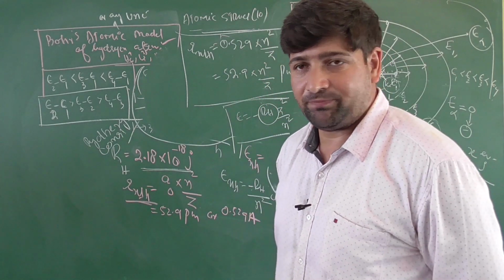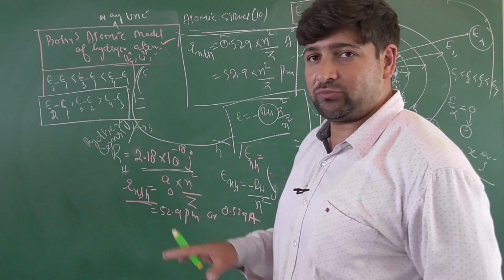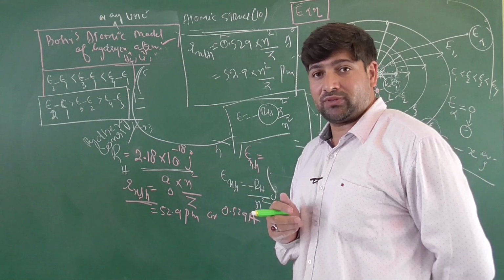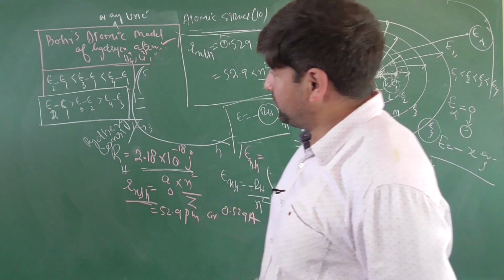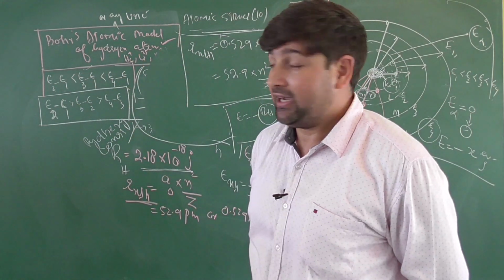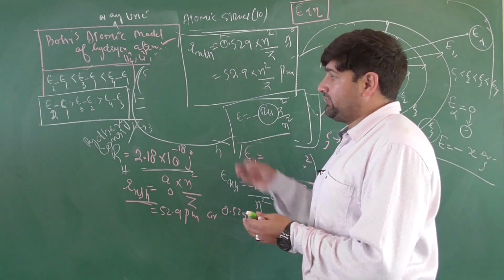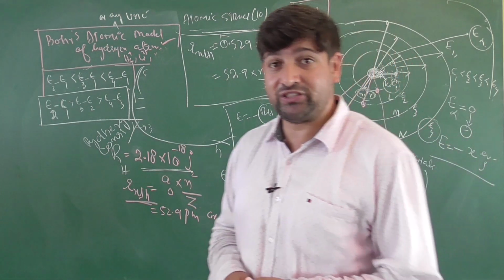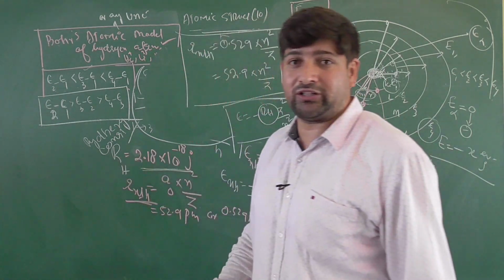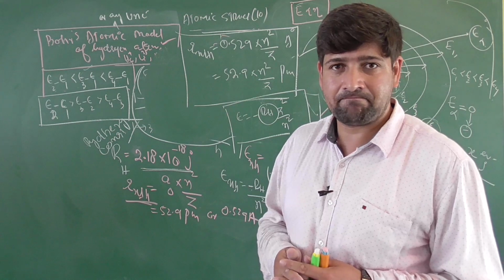Am I clear with Bohr's model of an atom? Whatever I have done so far, I have given you the general mathematical formulations. In our next discussion, we'll start with the full-fledged clearance of graphs with respect to energy and n, energy and Z, and we will prove mathematically that E2 minus E1 is greater than E3 minus E2 for atoms like hydrogen. Then we will move into the line emission spectrum of the hydrogen atom, wherein we will find out the equations with respect to wavelength, wave number and different shells. Clear to all or not?